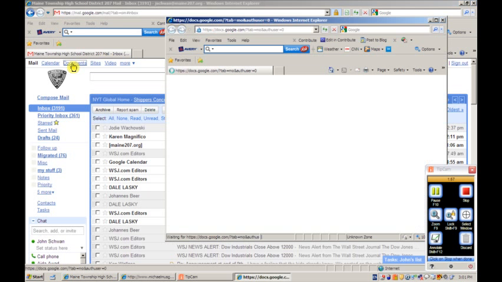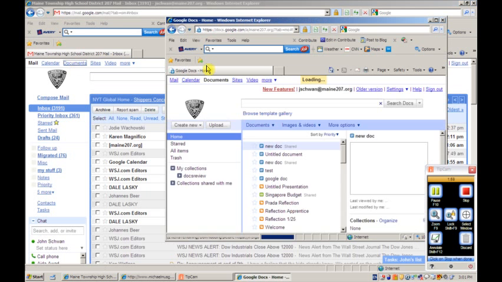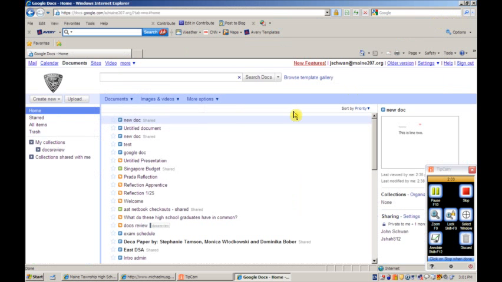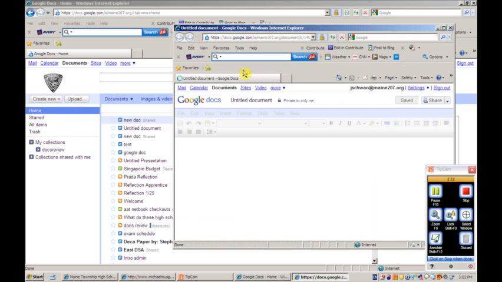When you click on the Documents link, a screen is automatically generated that looks very similar to this. In this area is a listing of all the documents that you may have created in the past. But in this case, you're going to be creating a new document